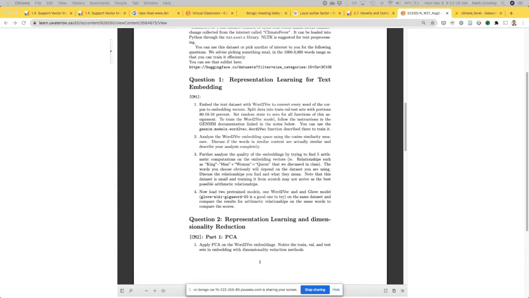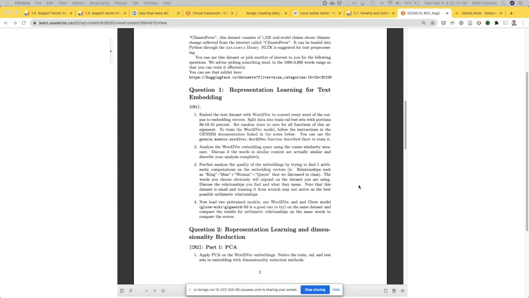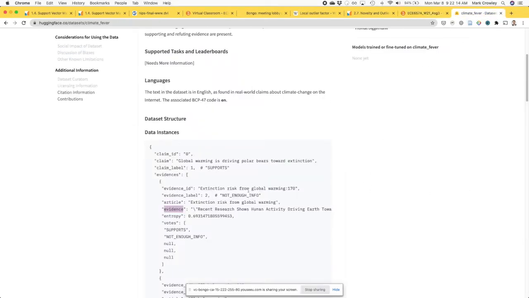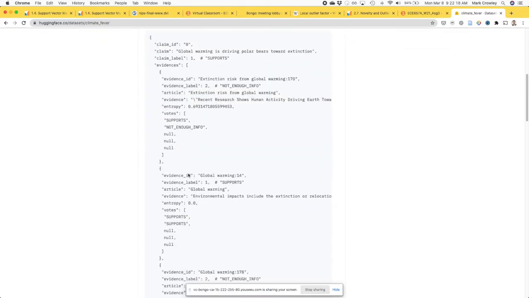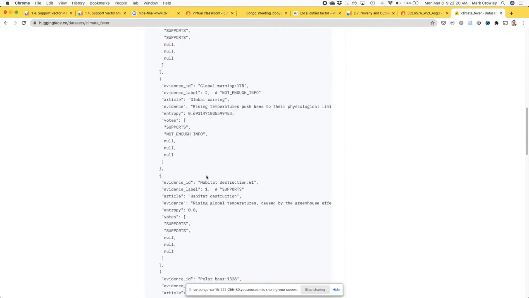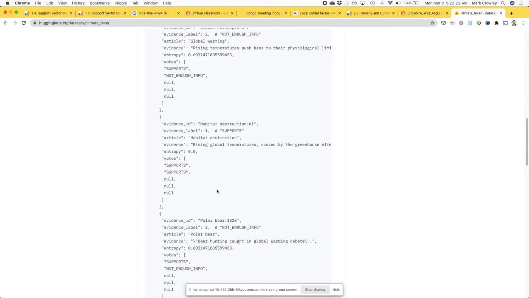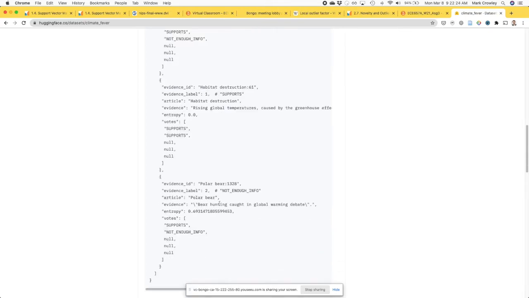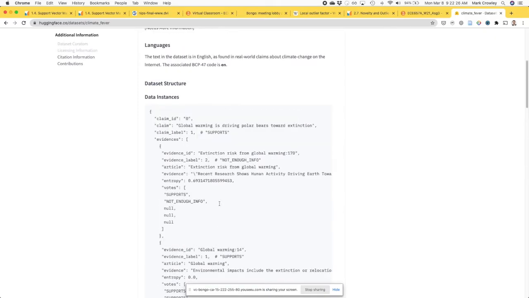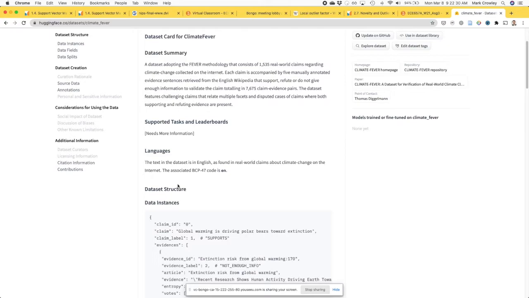Maybe we should ask that question on Piazza too, because Gasly played with this himself and tried it. I assume he used the evidence sentences, but I'd have to look at the whole data set again and see if there are as many claims as evidence sentences, because evidence would be the sentences from actual articles. But you could do both, right? Because really what you're doing here is just using this as a text corpus.